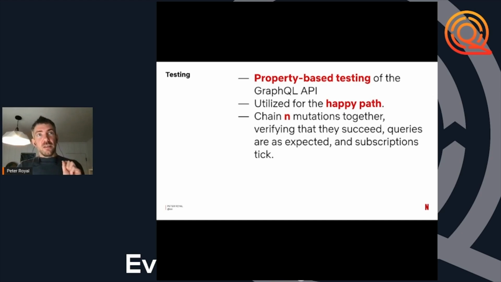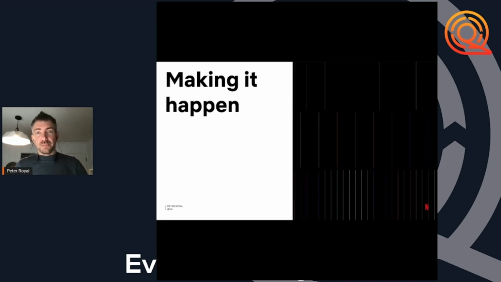We verify that, one, the mutations are successful. Two, after each mutation, the view materialized itself to show what we needed to see, and that the subscriptions are taken properly. This gives us a lot of confidence that the system is behaving as intended, letting us deploy our changes without worry.